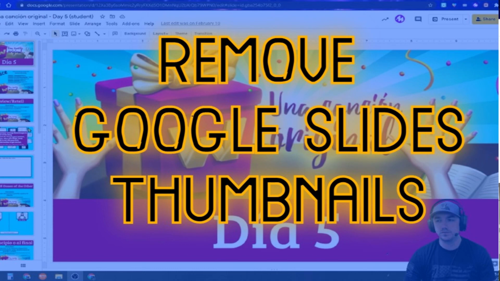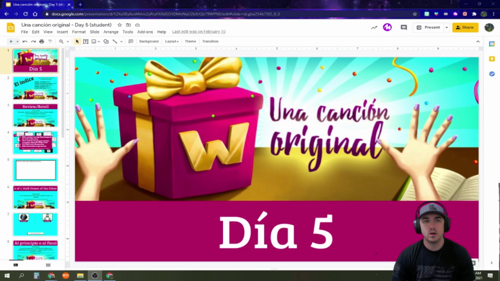Alright, so this is just a quick tip on how to remove these thumbnails from the left side of the screen when in Google Slides. So let's say you have a Google Slides presentation and you want to be able to use some manipulatives on the slides, but you don't